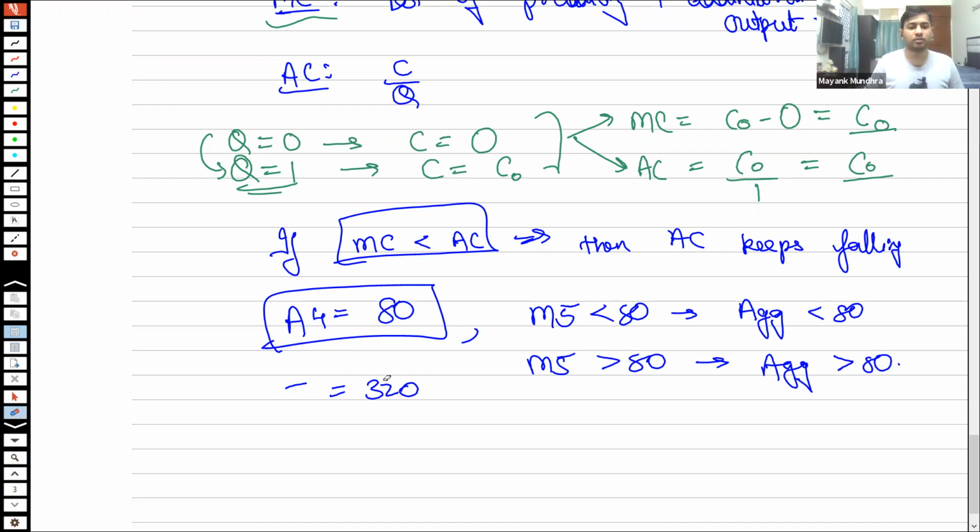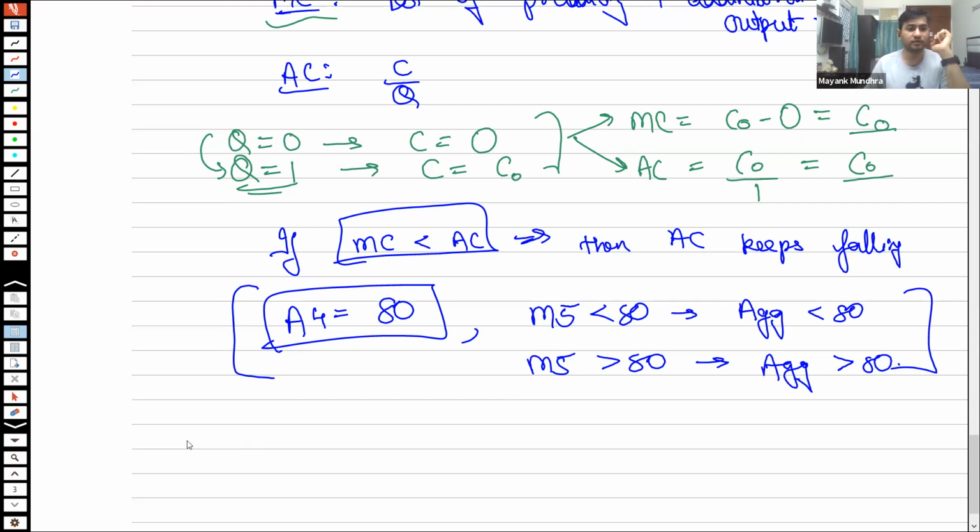But this part is not important. The important thing is that if the marks in the next exam are lower than your average, it's going to pull your average down. If the marks in the next exam are higher than average, then it's going to push your aggregate up. Can everybody understand this point I'm making? That as long as you get a mark higher than your average, your average will improve. Whereas if you score below average, your average will fall.